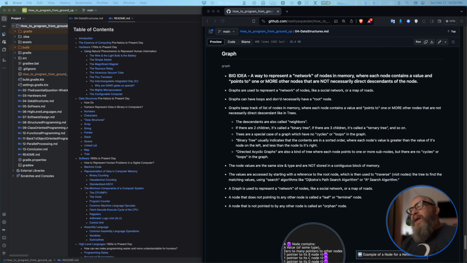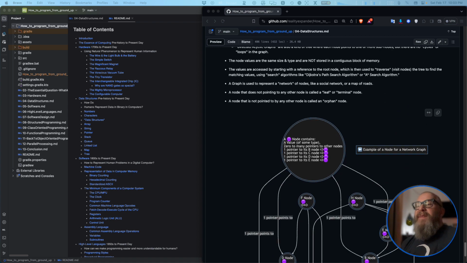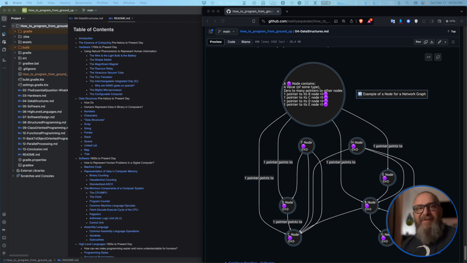And here's the graph. Big idea: represent a network. How to represent a network of nodes in memory, where each node contains a value and points to one or more, not just one or two. One is a linked list, two is the tree. More than that, connected together, that allow cycles. This is the graph. So each one of these nodes can have one or more pointers to the other nodes,